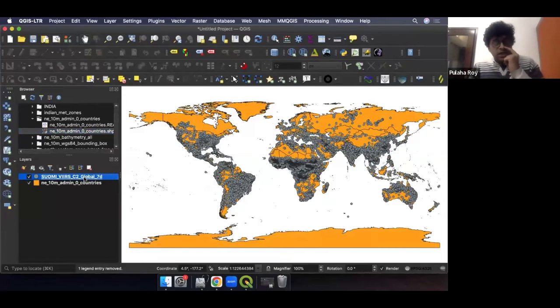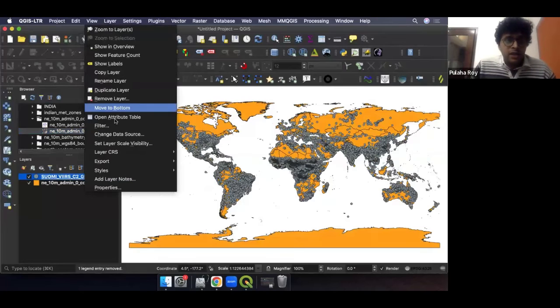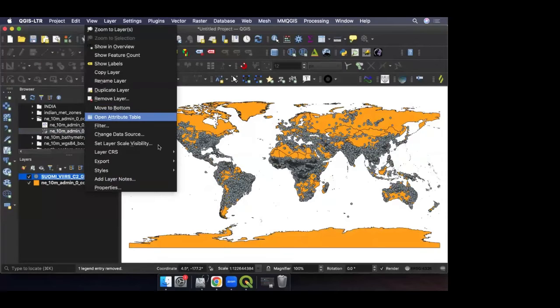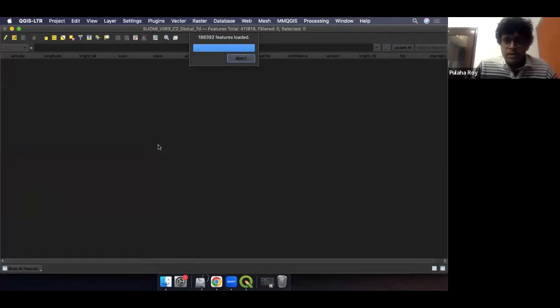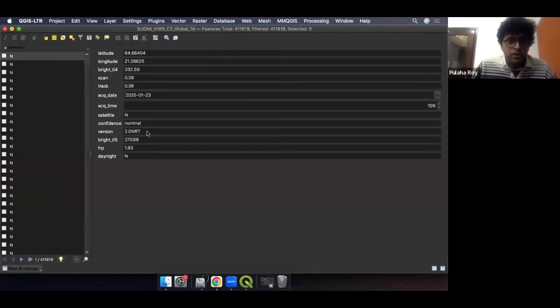So like we did with the shapefile, let us also see what kind of data is there. For that, we have to go to the open attribute table. There are a lot of features, a lot of data here, so it'll take some time to load. And here you have it. So as you can see, guys,